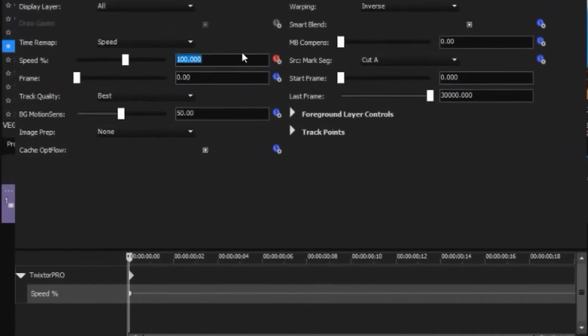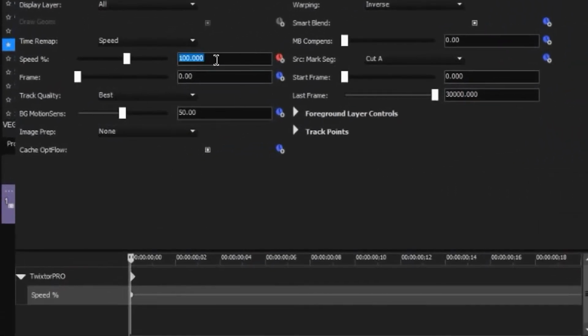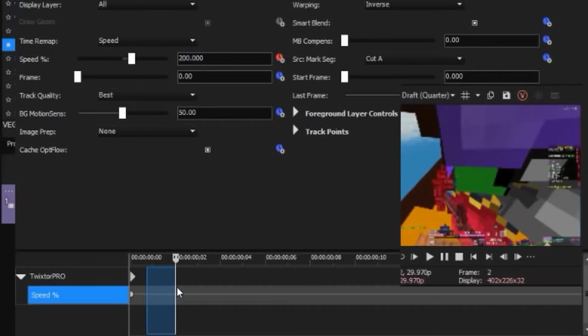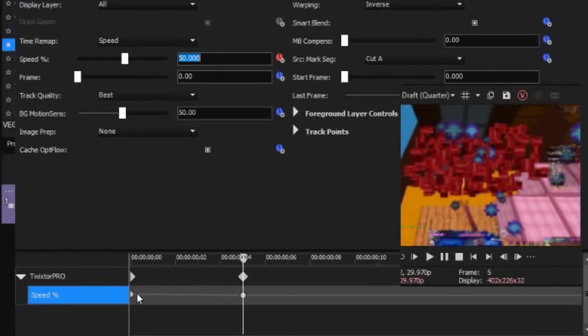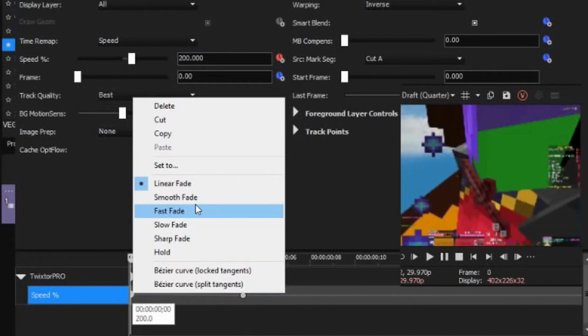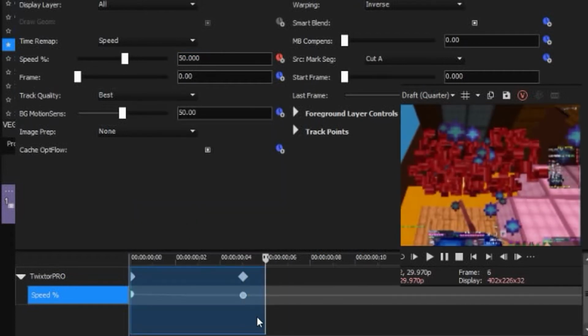I basically set the first keyframe number to 150 or 200. So in this case, I'm gonna just set it to 200, and then we're gonna scrub a bit. Change the second keyframe to 50 or lower, depends. And now change the keyframe to fast fade. Yeah, you can see there's a